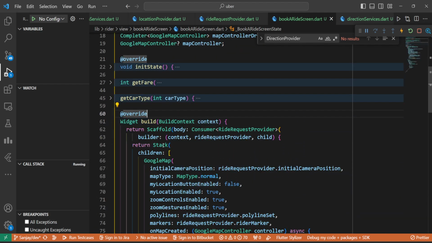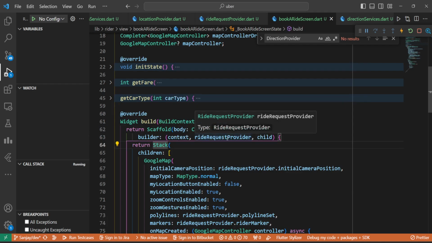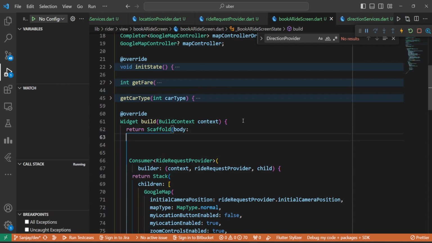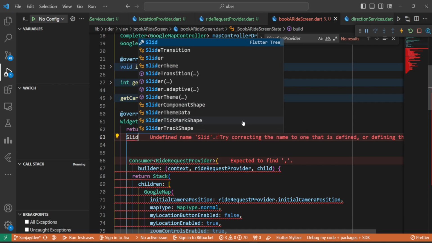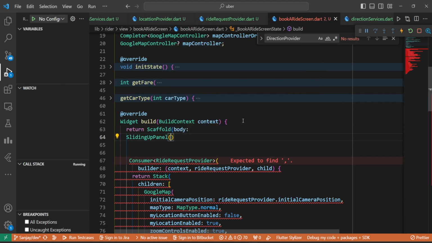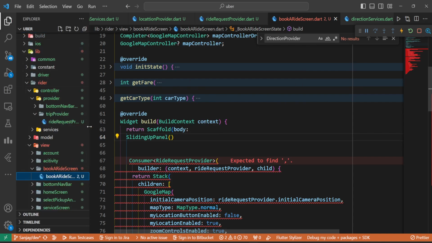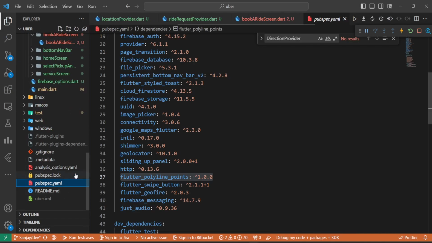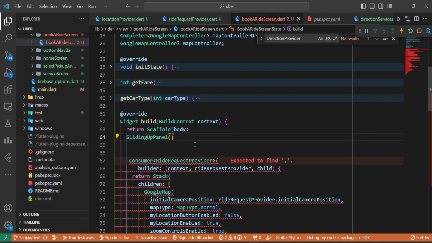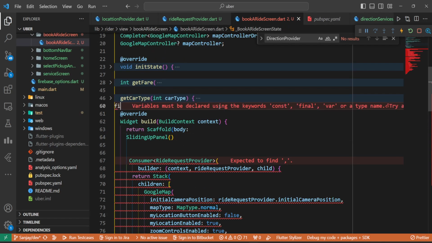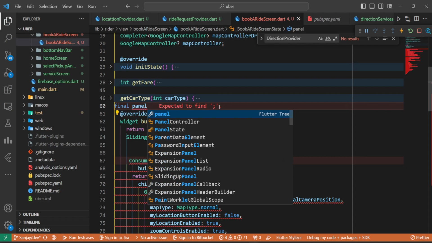And here, instead of returning a stack, instead of returning a body here, the body is going to be a sliding up panel. For this sliding up panel, we have added a package inside our pubspec. Let's have a look onto it. So here is this package. Okay. So we have to go with a controller here, final panel controller,